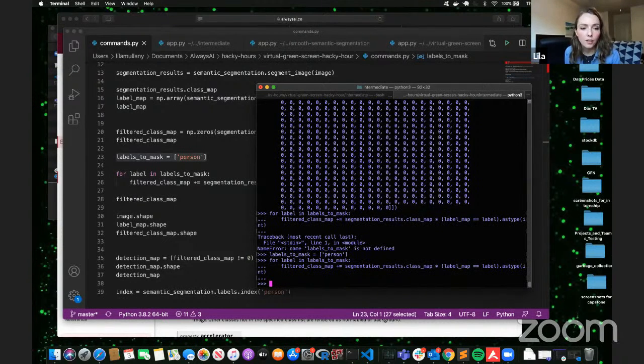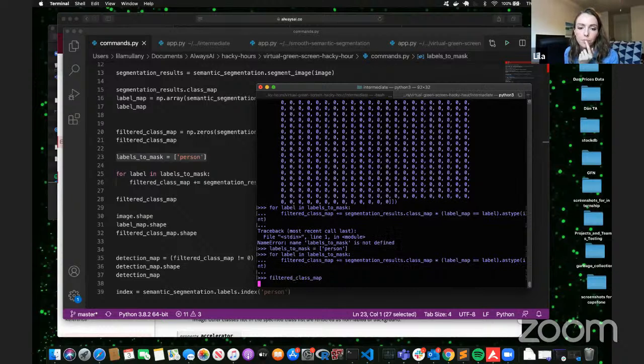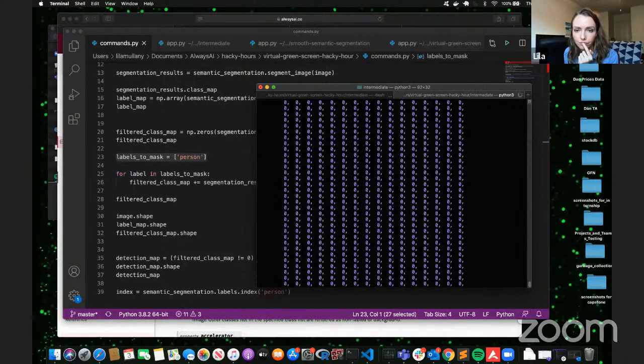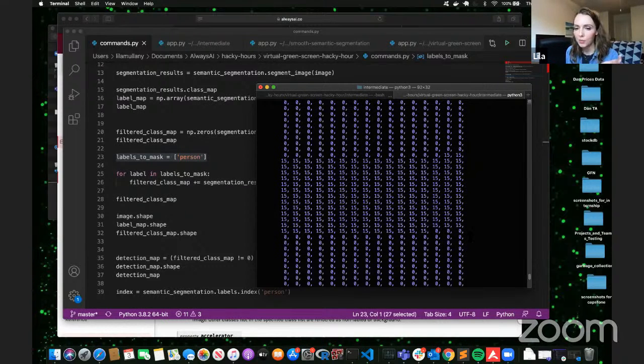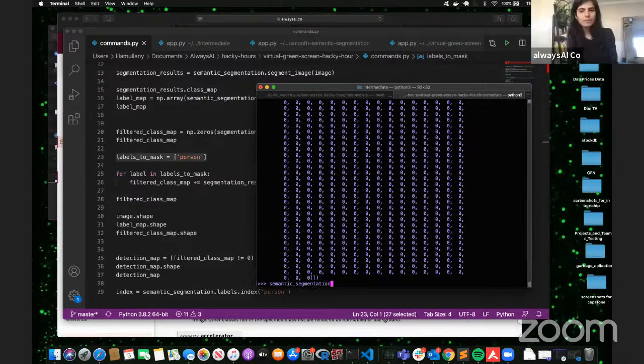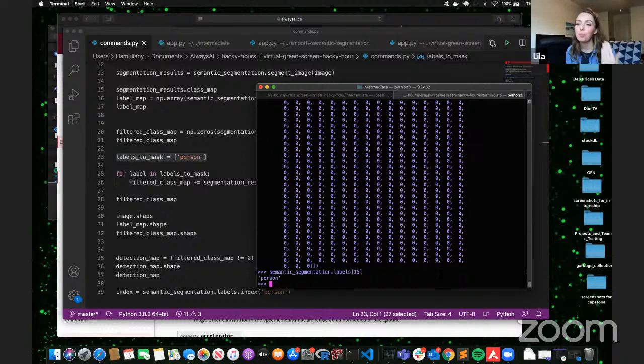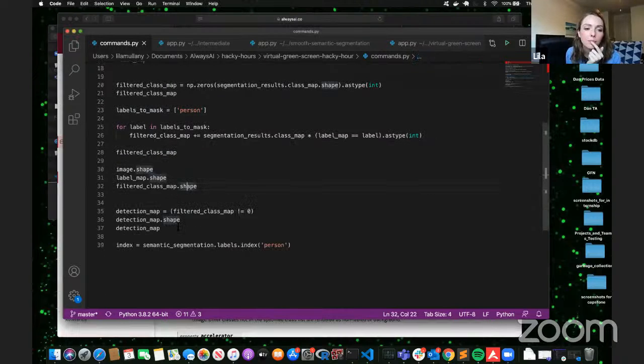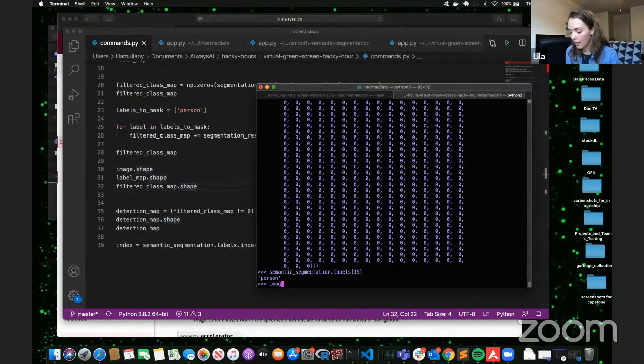Okay. So then we can do, let's see what that looks like. Still a lot of zeros because we're not interested in quite a bit. And I'm worried I'm going to overshoot. Okay, 15. What is 15? Is that the right one? Yeah, it was semantic segmentation. Thank you. It's person. Okay, so that makes sense. We want to pull out the person. Those are the ones that are now person. Everything else is zeros. Okay, so now we can also do image.shape,